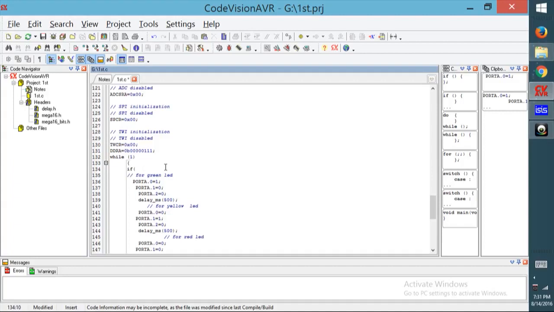In order to scan, we will write the command PIN A. We are using the A port, so we will write A, and we are using a particular pin, pin number 4, so we will write A dot 3. If this is on the higher state, then the entire program will run, otherwise it will not.